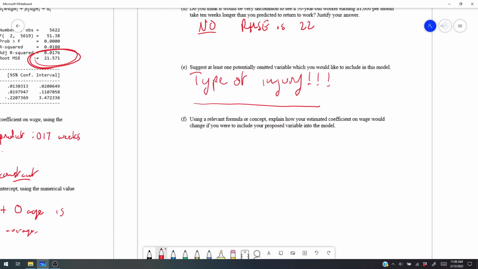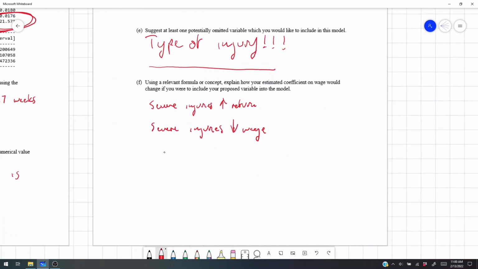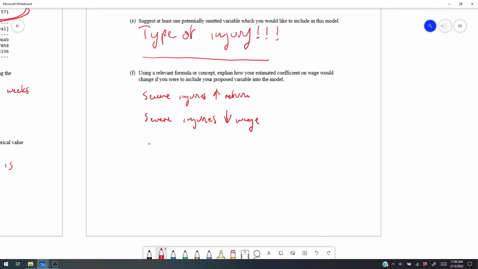Severe injuries increase return. Severe injuries decrease wage. That doesn't mean that they decrease your wage. That means that they're correlated with low wage jobs in this case, right? And then bias in beta 1